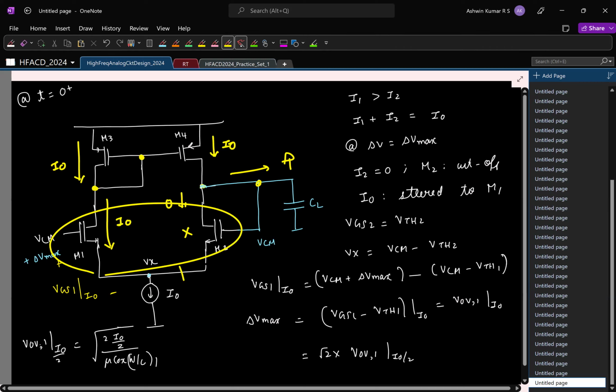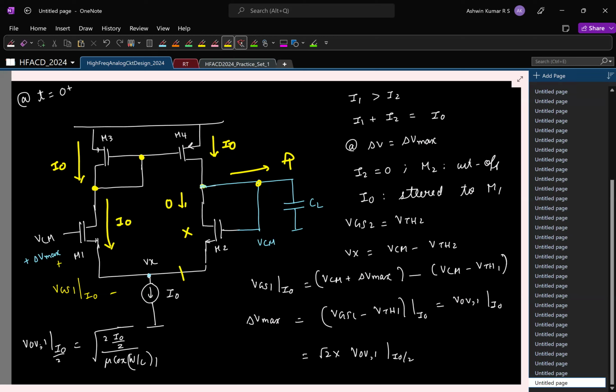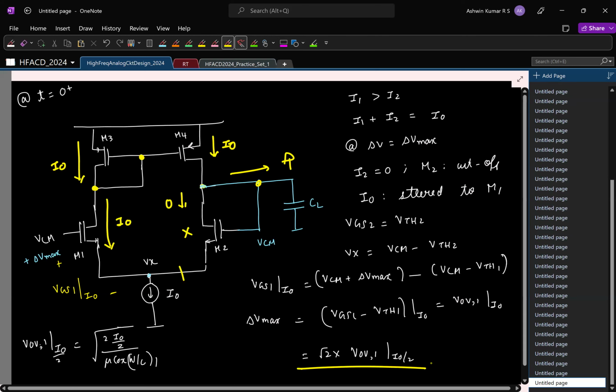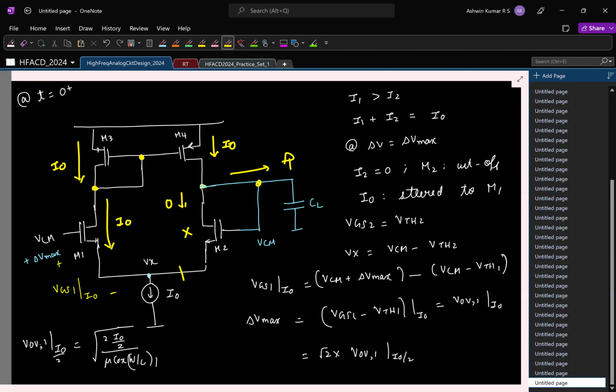Okay, so any step within that is fine. If the input step is greater than this voltage, then one transistor goes to cutoff. Okay,